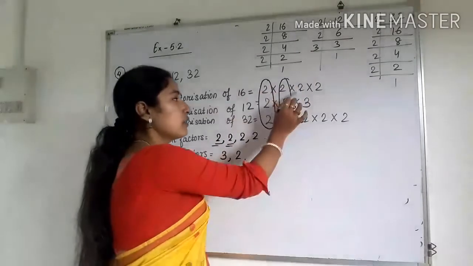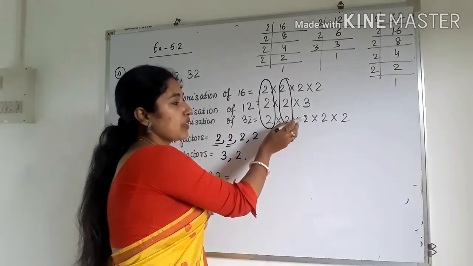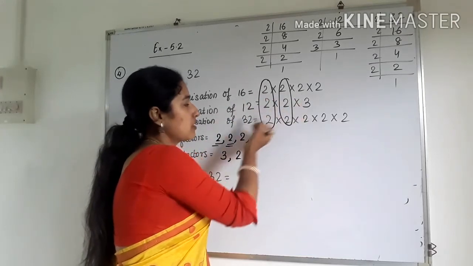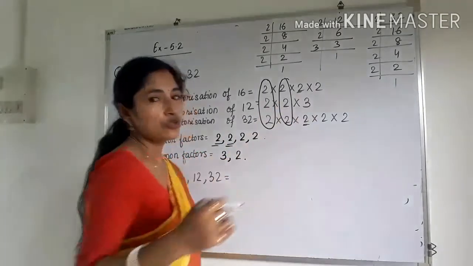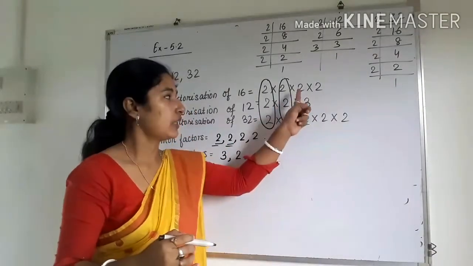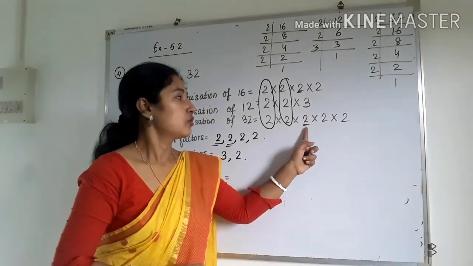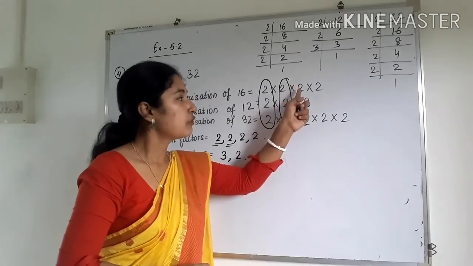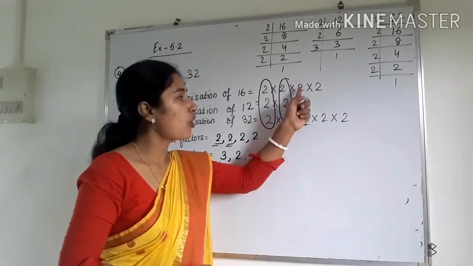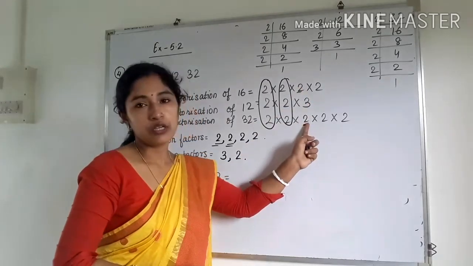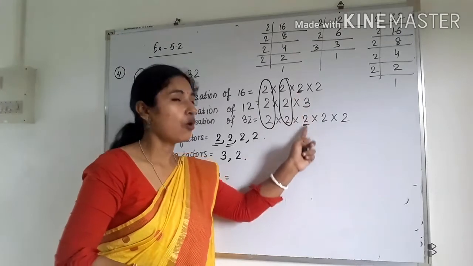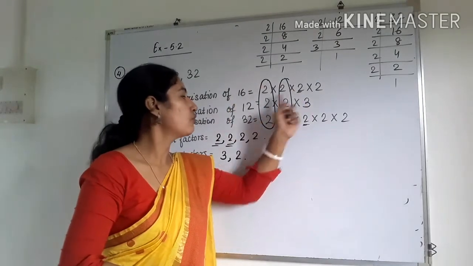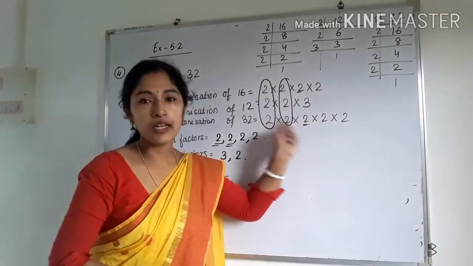Now see, here it is 2, here 3, here 2. But see, in the factors of 16 and the factors of 32, another 2 is common, okay. So we have to take that 2 also. So don't think that here also 2 should be present, okay. We have to take the common one. It may be common in between the two numbers also. It is not compulsory that 2 should come in all the three numbers. That means the factor of 16 is 2, the factor of 32 is 2, then also we can take number 2.